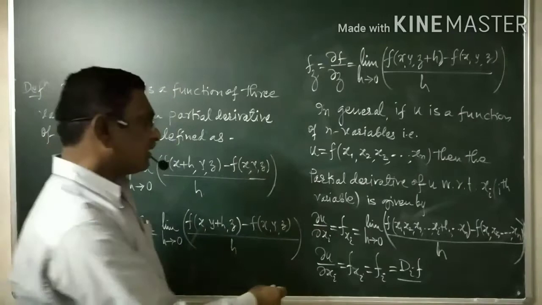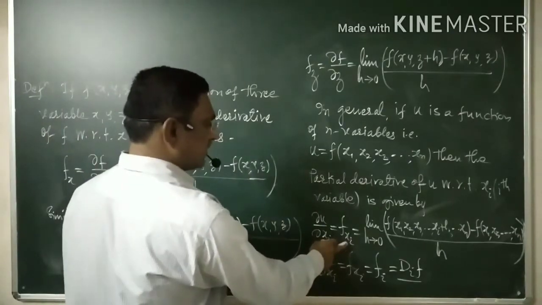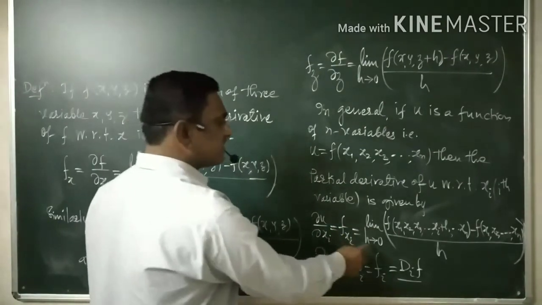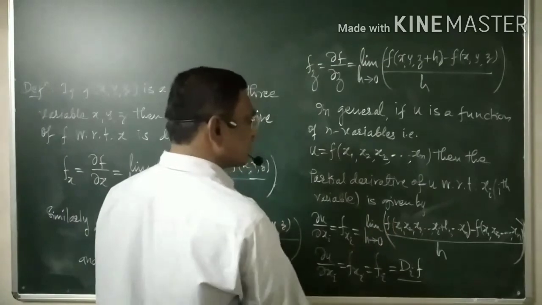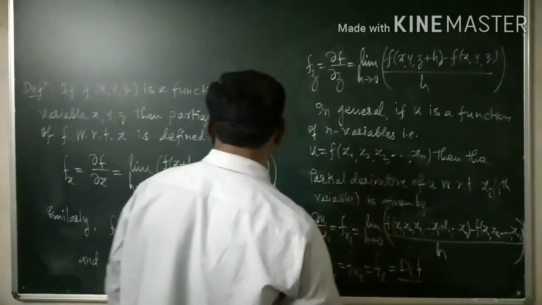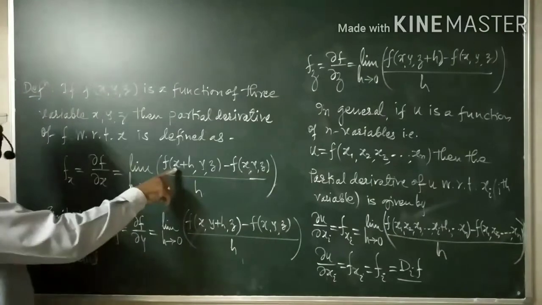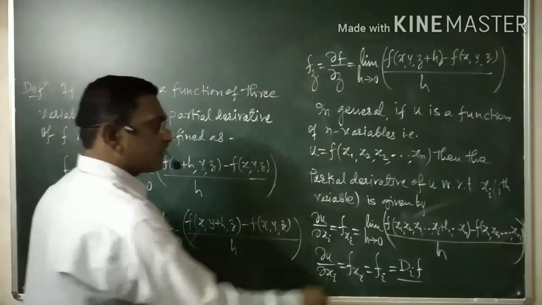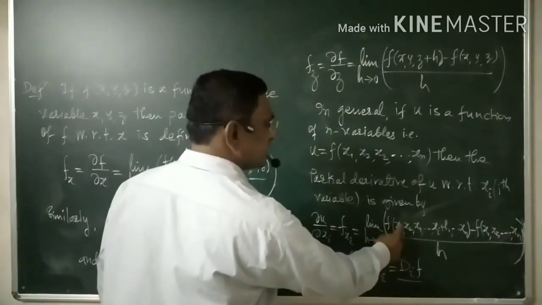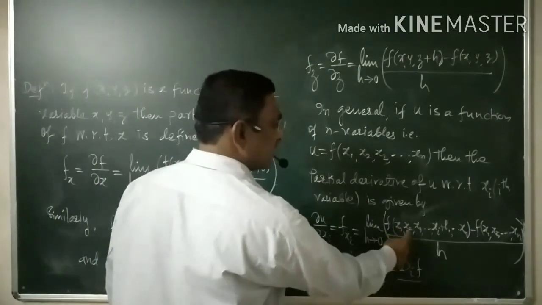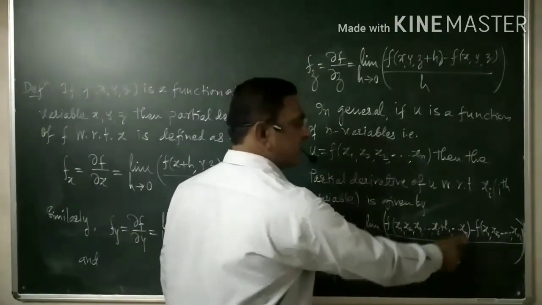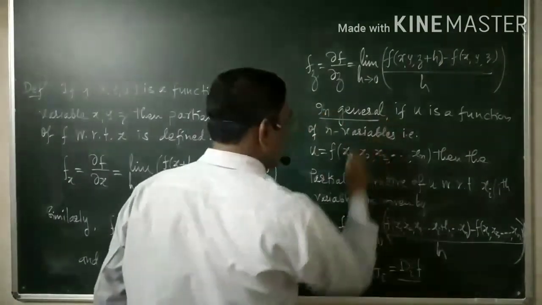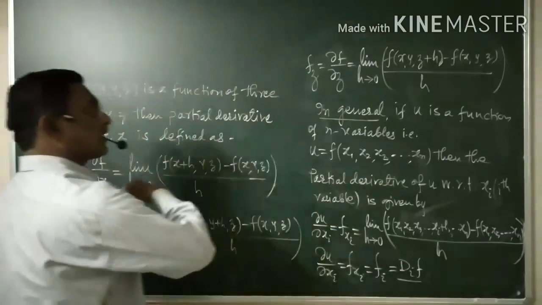Now here you can see, if I take i equal to 1, it means x1, so there is a change in the first variable, and we come across f of x plus h, and the other variables are constant. Once I say i is equal to 1, there is change in only the first variable, x plus h, 2 as it is, 3 as it is, 4 as it is, and so on, n as it is. Why do we call it in general? Because from this definition itself, we come across the earlier definition.